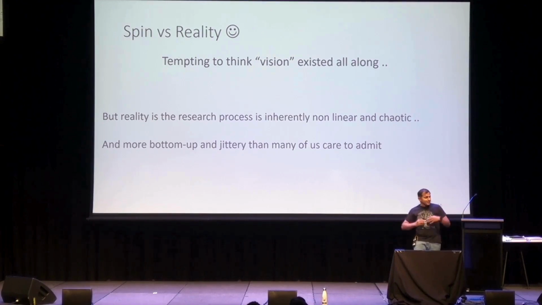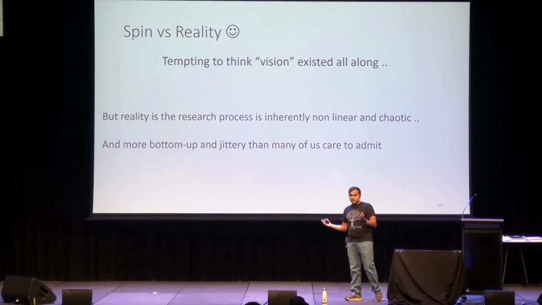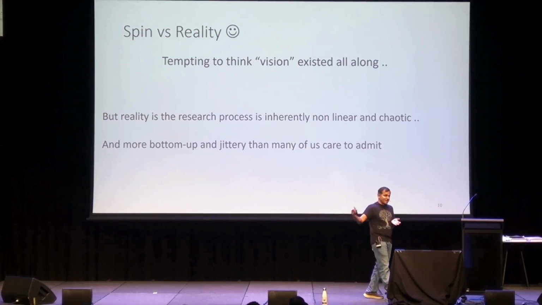It seems like your advisor has this grand vision of what they're working on. The senior people in this room have this grand vision, like, oh, I know what I'm working on, and I was always born with this wisdom. The answer is no. It's a lot of trial and error, and 90% of the time you're wrong. It's just we hide the parts where we are wrong, right? We're just very good at hiding when we are wrong and when we are stupid.